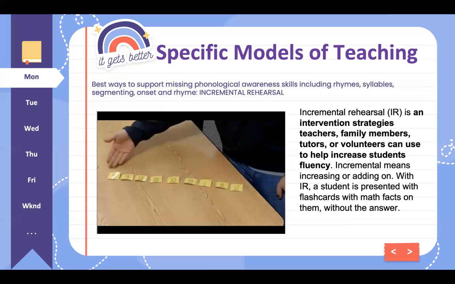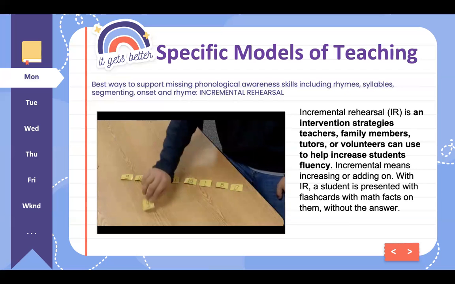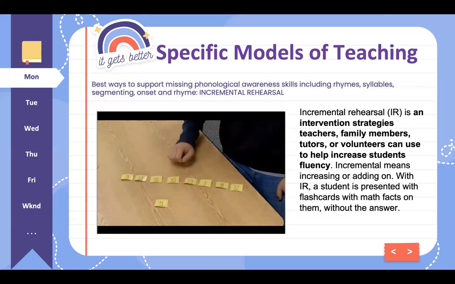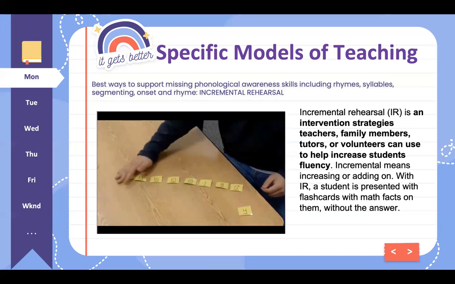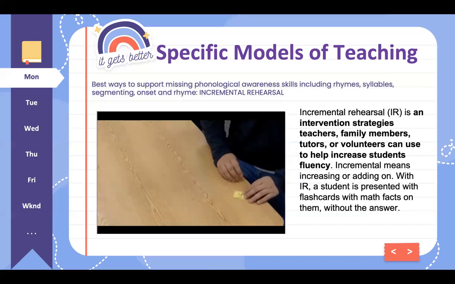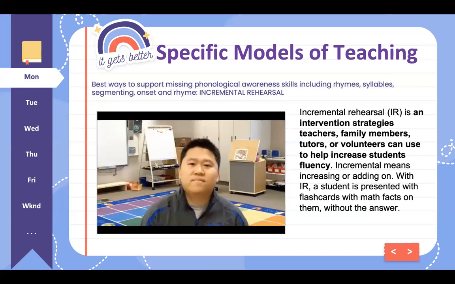From our previous data, I know that the 4 was the target number I wanted this student to practice. Once the student is able to repeat the entire row without errors, that original unknown number becomes known. You can repeat this process until all unknown numbers have become known numbers by continually switching out different cards for your set in your row. Continue using incremental rehearsal with students until all unknown facts become known facts. Students become more fluent and will have better confidence in their abilities.